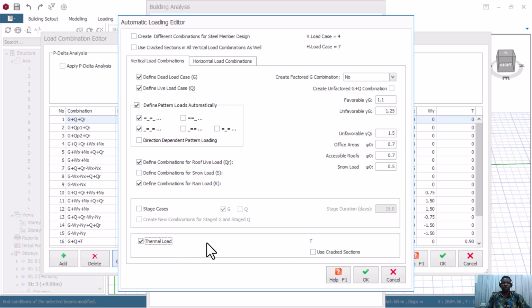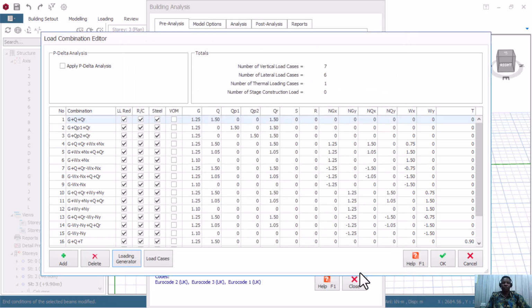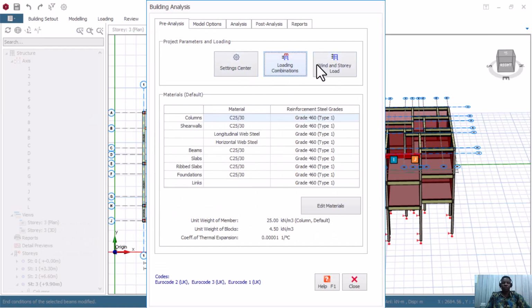We'll look at the thermal condition, which is about heat. Now, depending on your country, in my country we have a lot of heat, so I'll be considering this in my design. So I have to click on OK. When I click OK, I click OK again. So that's by the way we've done this. I'm not looking at the wind. So all the settings are being considered. So we have to look at